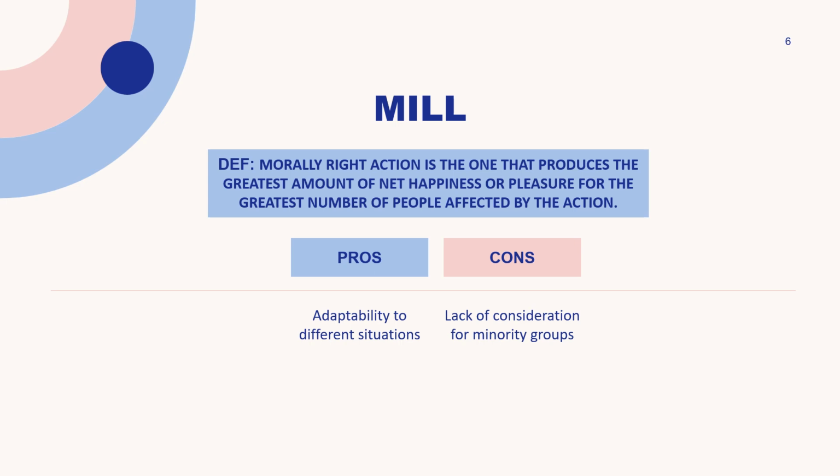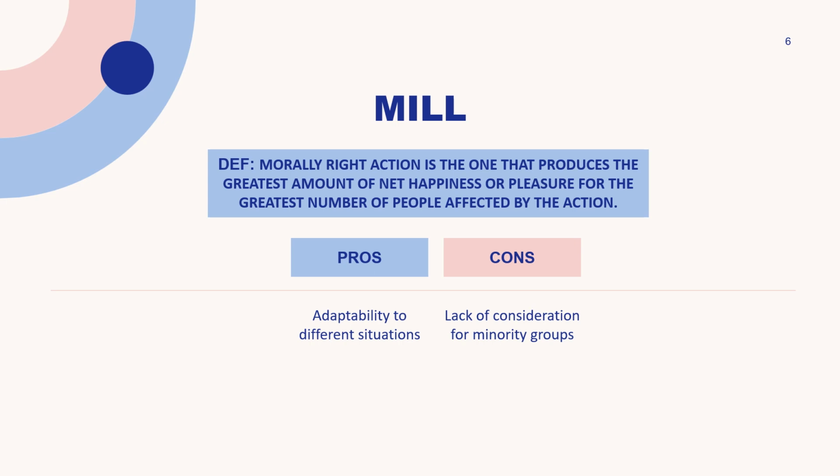Mill's ethical theory, known as utilitarianism, is based on the idea that actions should be evaluated based on their overall utility or the amount of happiness they produce for individuals affected by the action. One advantage of Mill's ethical theory is its emphasis on promoting the greatest amount of happiness for the greatest number of people. Individuals are expected to consider the consequences of their actions on others and act in a way that promotes overall well-being. Utilitarianism recognizes that the right action may vary depending on the specific circumstances of the situation.